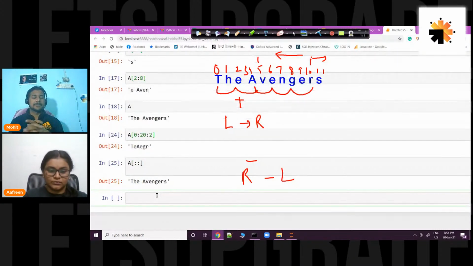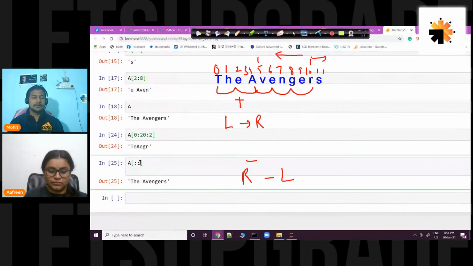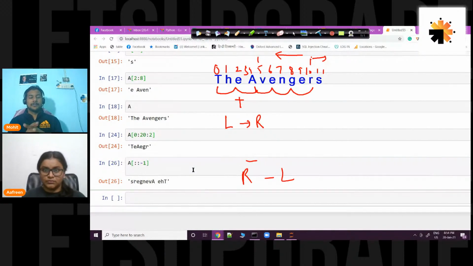Okay, I'm getting the complete string. You don't know the starting, you don't know the ending, and if you press -1 here, what I'm getting is the reverse of the string. I'm getting a new string that is the reverse of a. If an interview asks how to print the reverse of a string, you can simply say colon colon